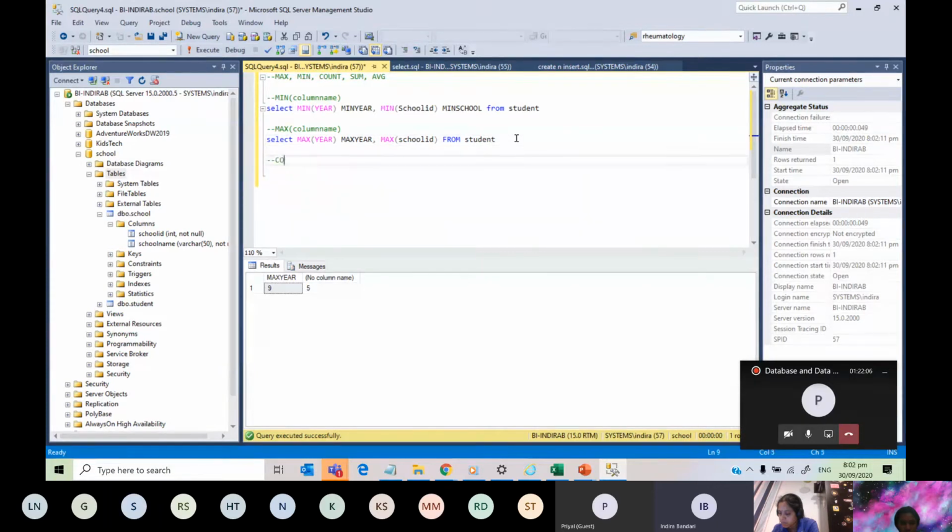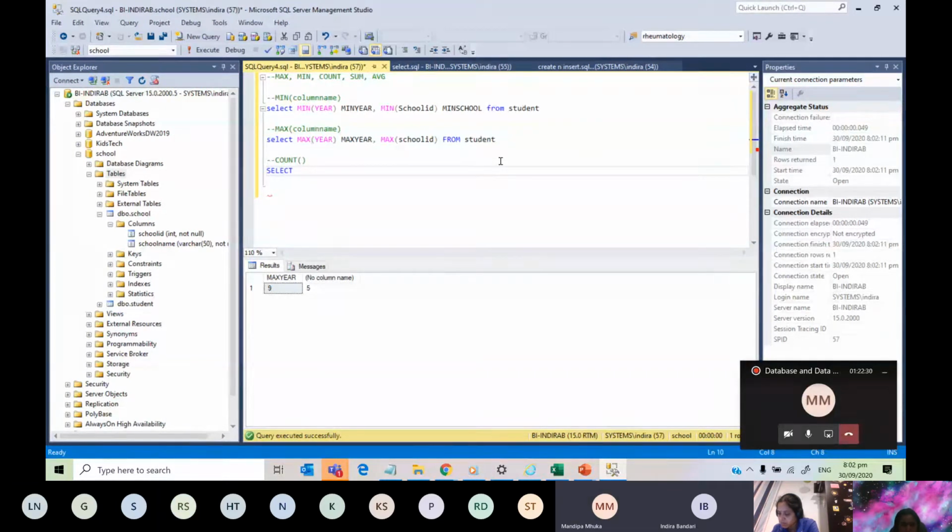Count is a bit different. Count means how many, what is the count that we are expecting? Can anyone tell me? 5. Because we are just counting the records, right?